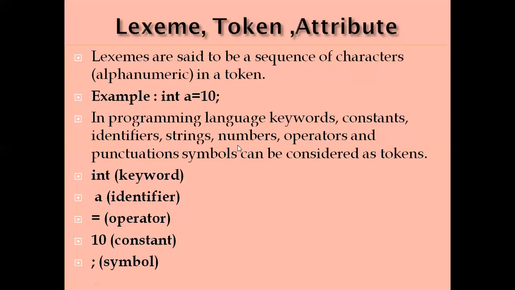It is each and every table, like rows and columns. Symbol table also contains rows and columns. So in another video, we will discuss the symbol table. For symbol table maintenance, we need some attributes, and depending on the attributes, these tokens will be maintained in a symbol table. Here in lexical analysis, the lexemes will be analyzed and produce meaningful tokens. This is the work of lexical analysis.